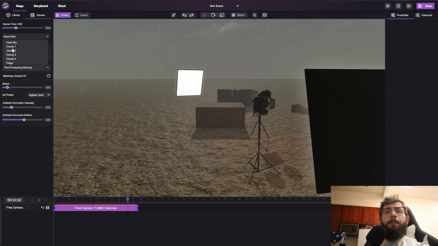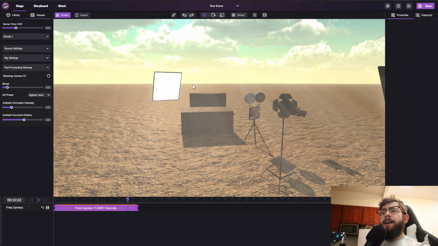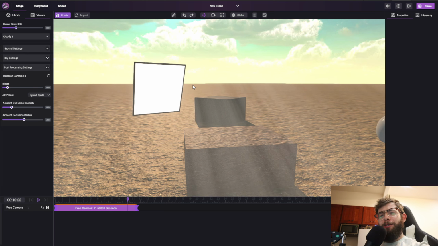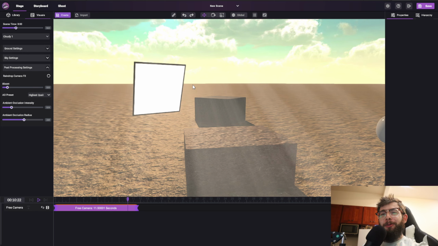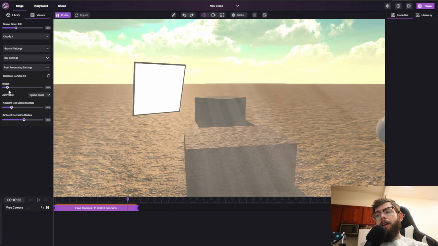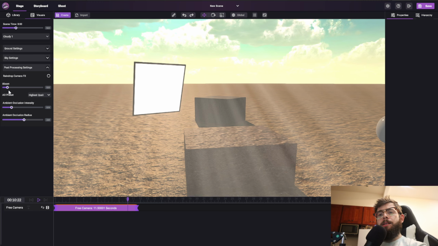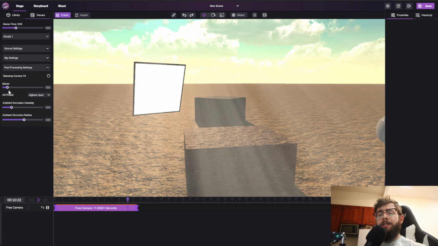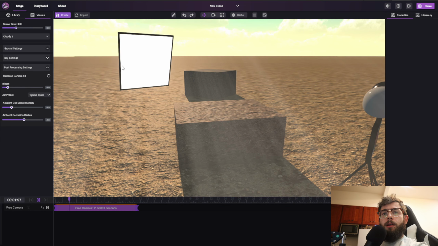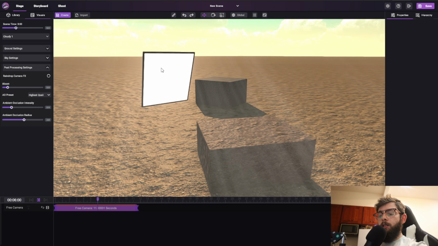Next we have bloom. Now bloom is essentially an effect that simulates or changes the look of how glowy things are in your scene, for lack of a better word. From a technical level, it simulates the light scattering of actual camera lenses when the light interacts with little imperfections that basically all lenses have. But in practice, it changes how emissive material, such as the surface of this light,